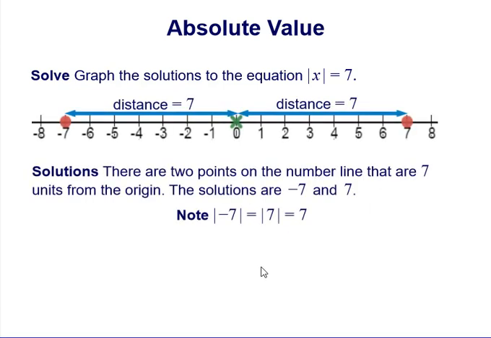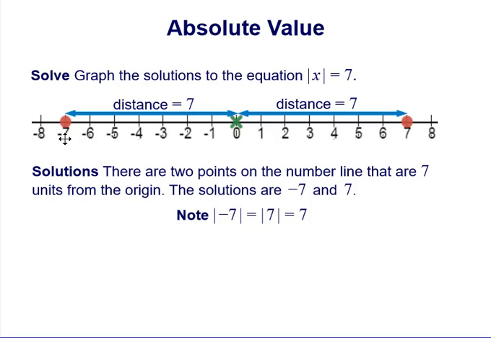Looking at the graph to make the solution, if you go 7 units to the left, a distance of 7 to the left, you arrive at -7. And if you go 7 units to the right, you arrive at +7. So there are 2 points on the number line that are 7 units from the origin, making the solutions -7 and 7. So we can note that the absolute value of -7 is equal to the absolute value of 7,